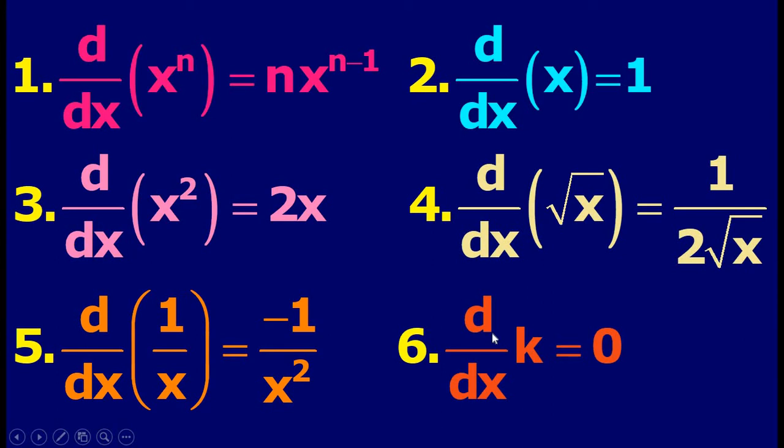So next, if we get only constant, so differentiation of constant is always 0. It may be fraction, positive number, negative number, a, b, c. Differentiation of constant is always 0. It should be only constant. So differentiation of constant is 0. All these are based on this first formula only. You have to remember all this. So these all are very important formulas.